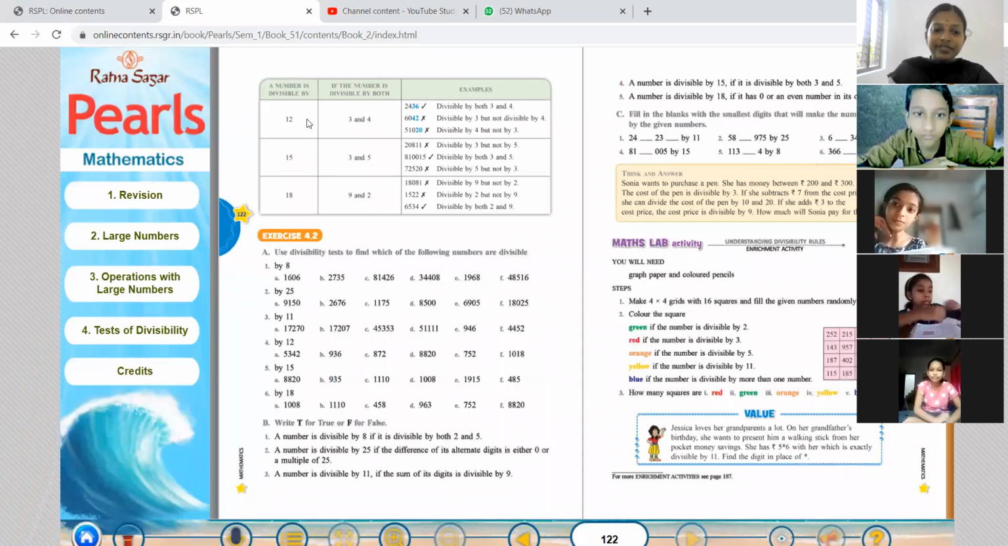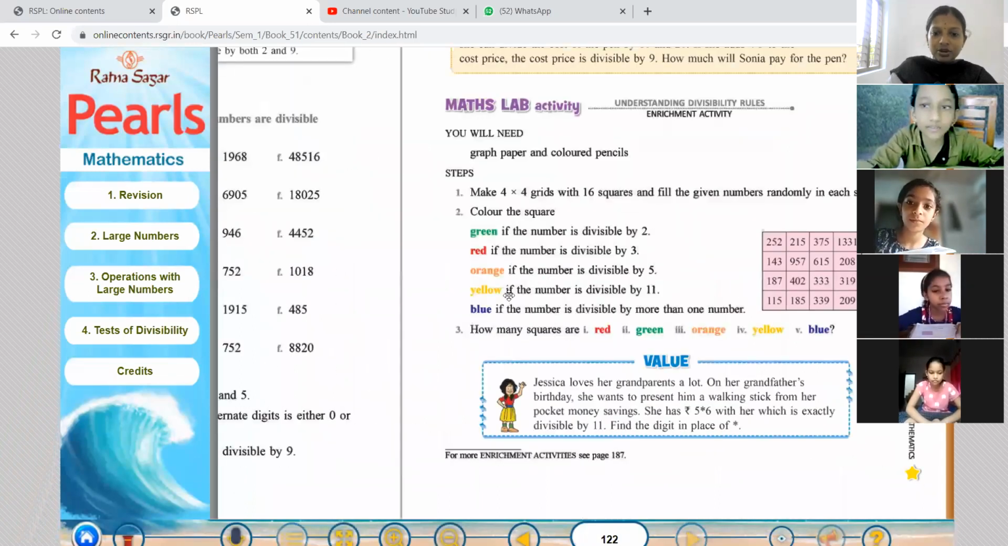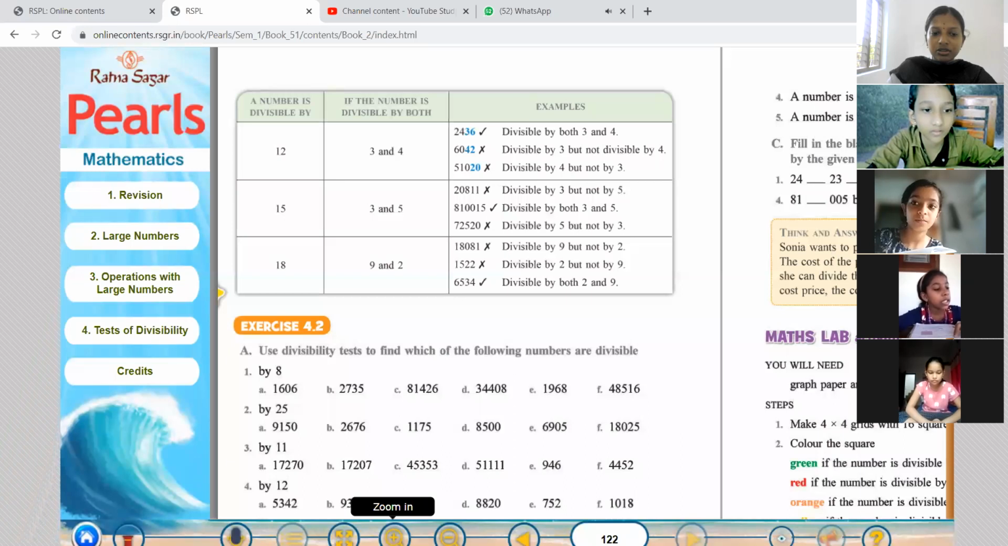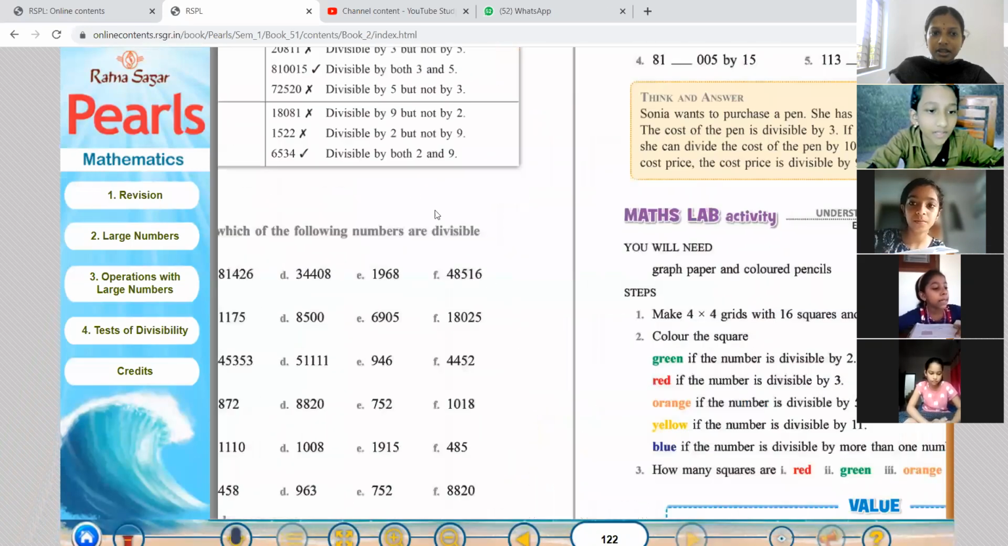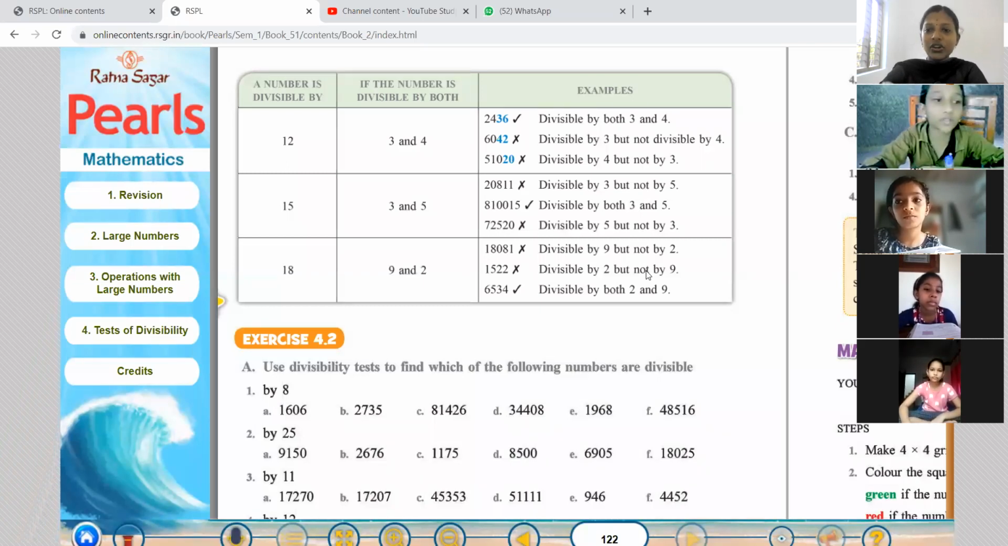What is the rule for the divisibility of 15? The rule is given in your textbook. A number is divisible by 15 if the number is divisible by both 3 and 5. As in the same case of 12, first of all, we have to check whether the number is divisible by 3 and 5. If the number is divisible by both 3 and 5,